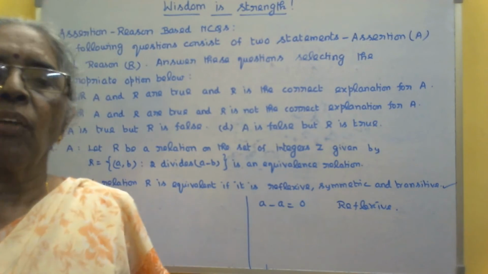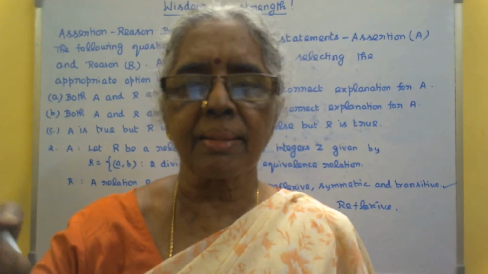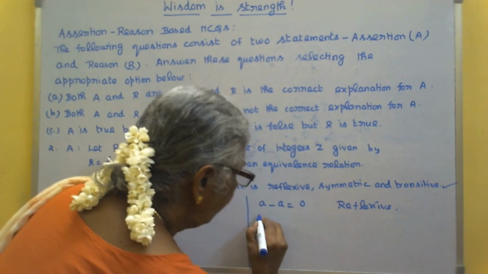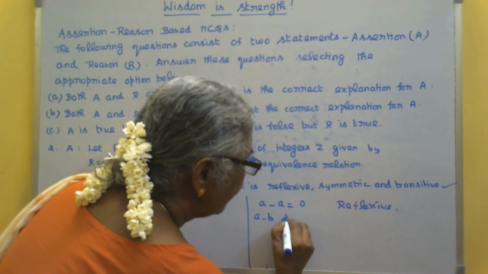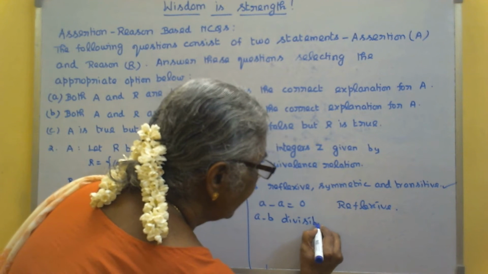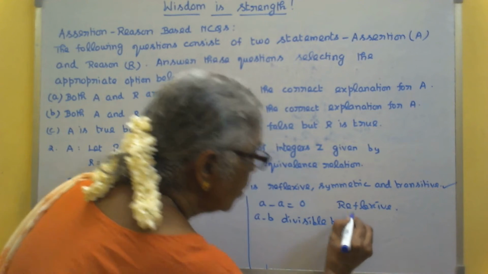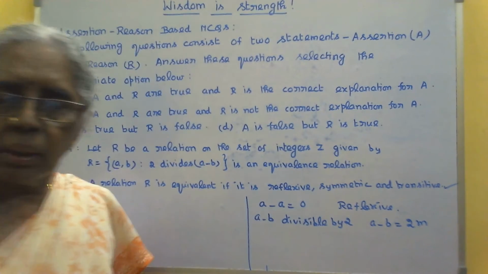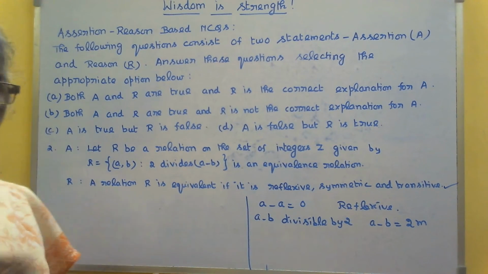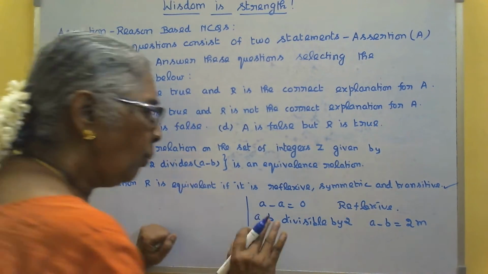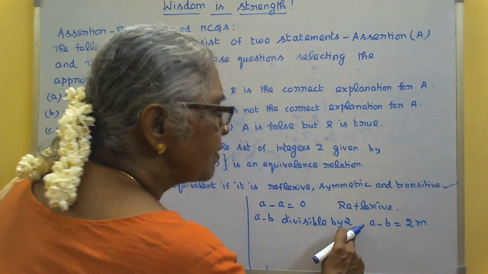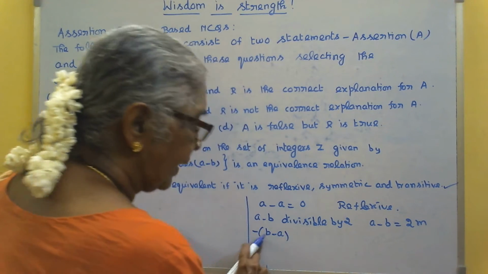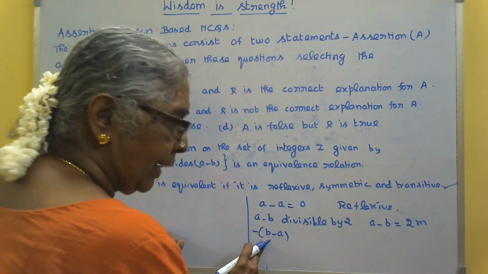What is symmetric? If A is related to B, that implies B related to A, you can call it symmetric. So, now, you know A minus B is divisible by 2, right? So, I can actually write A minus B is equal to some 2m. The m can be positive or negative or whatever it is. Now, if A minus B is divisible by 2, now I can take a negation out. I will take minus of B minus A, right? This I can write like this.